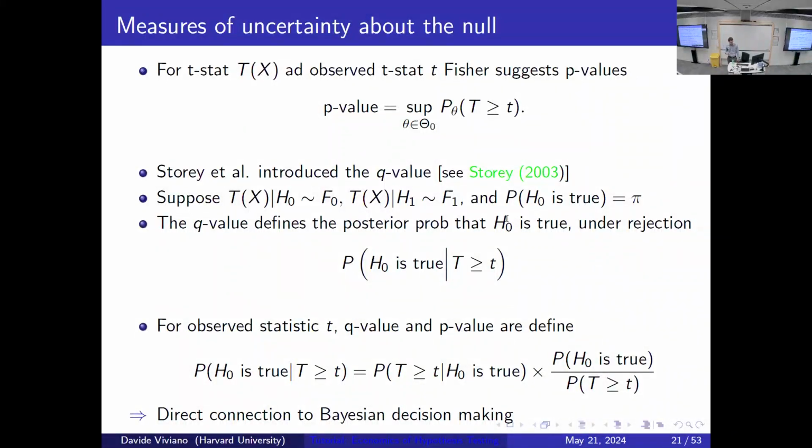So the Q-value is going to be quite useful, and we're going to see one application in economics from a recent paper in QJE, where there is a direct connection between the Q-value and Bayesian decision making, because of course I can think about making decisions based on cost and benefit, and then compare this cost and